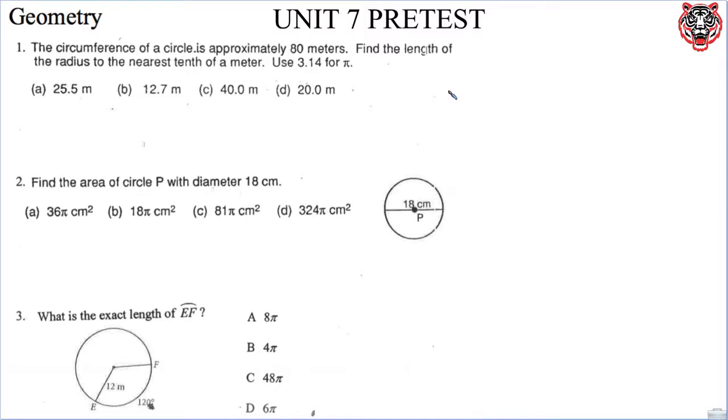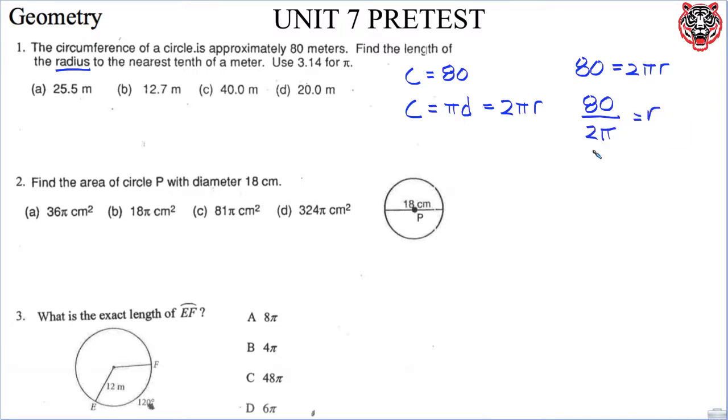This is Geometry Unit 7 Pretest Solutions, number 1. The circumference is approximately 80 meters, so circumference is equal to 80. The equation for circumference is pi times diameter, and we are trying to find the radius, so we can change this to 2 pi times the radius, because 2 times the radius is the diameter. So we set 80 equal to 2 pi r, divide both sides by 2 pi, and I'm left with 80 over 2 pi, or 40 divided by pi, equal to